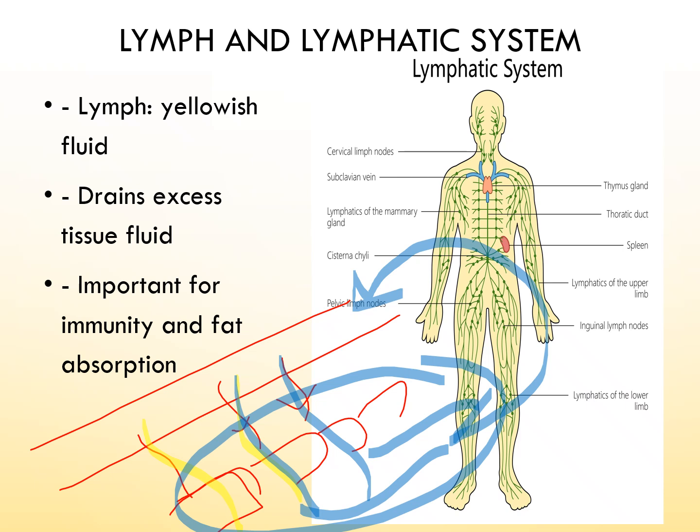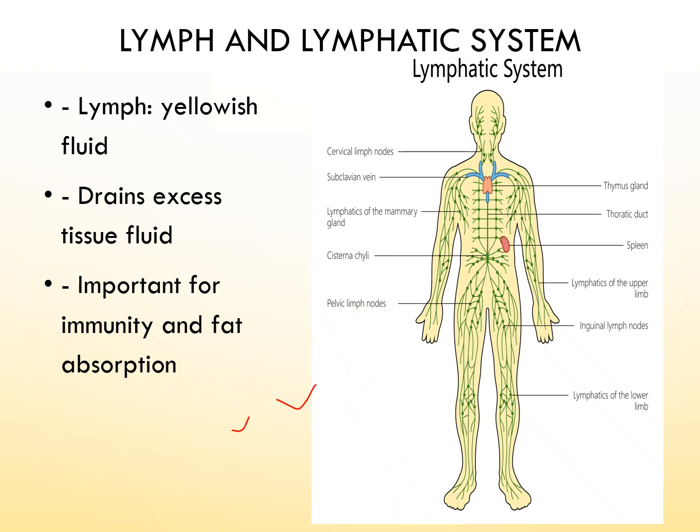This system is also important for the immune system because the lymph reaches the lymph nodes, where all the immune reactions take place, before returning to the blood vessels. Because if the body puts all the lymph back into the blood, then it might also drain some germs and bacteria that might have been present along with the tissues. So we have